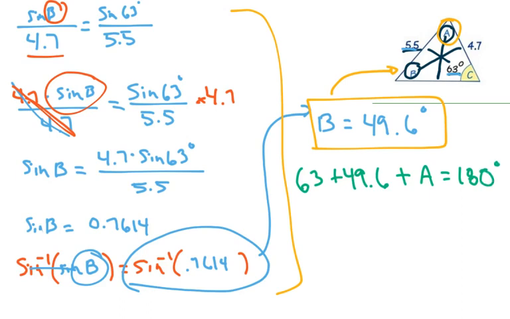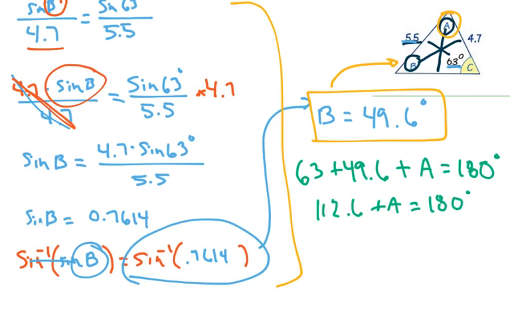Well, 63 plus 49.6, that is equal to 112.6 plus angle A should equal 180 degrees. We are trying to find